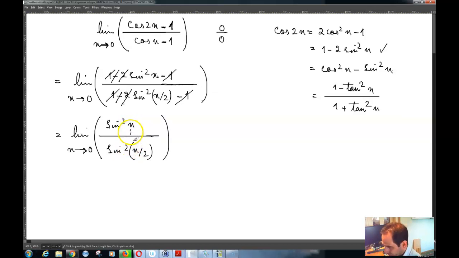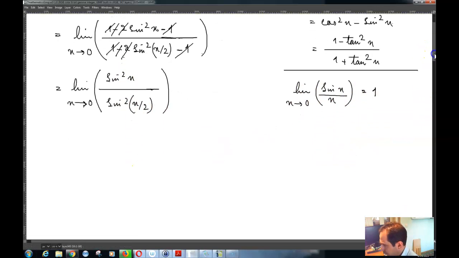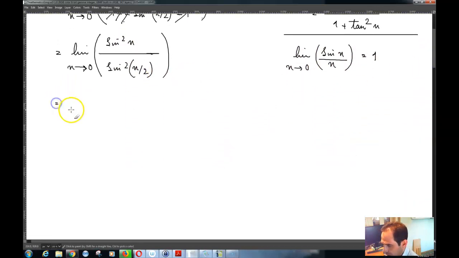So what you can do is use that result that we had before, that the limit of sine x by x as x tends to 0 is equal to 1. So I'm going to have to write these in this form, meaning that I'm going to write this as the limit of